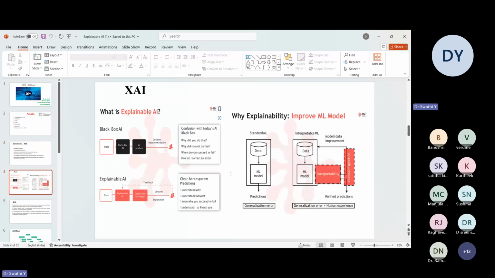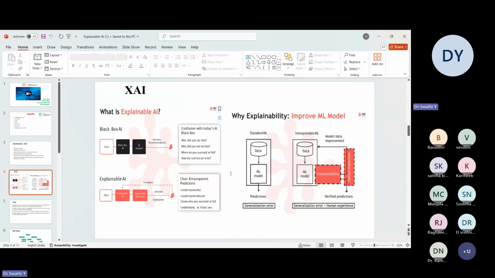As I told you, machine learning models are treated as black boxes because we have confusion with respect to why the model did something, why that accuracy is not coming, where we have succeeded and where we failed, and how I can correct my error. To some extent we can do this, but not to the maximum. But in the case of explainable AI, we come to know where exactly the model fails and, if I include which feature, my model accuracy will improve. All that we can come to know and we can take necessary steps.